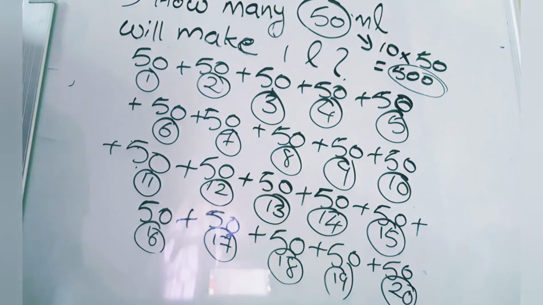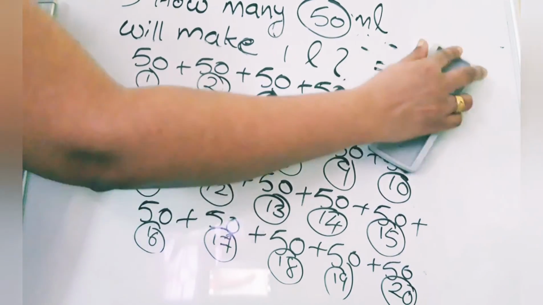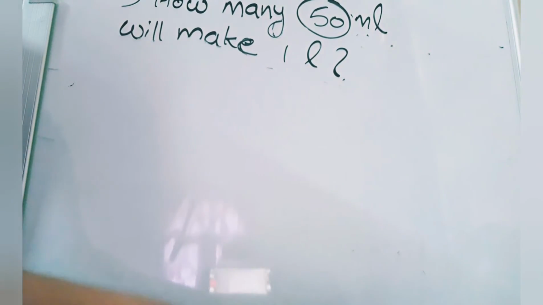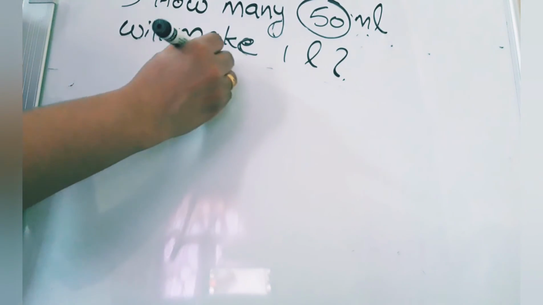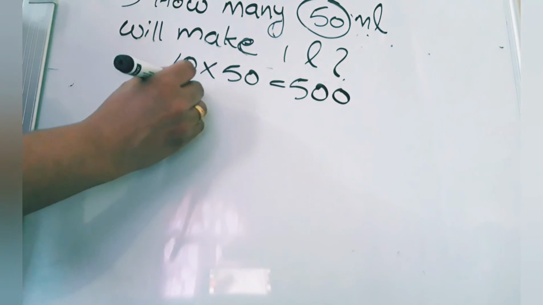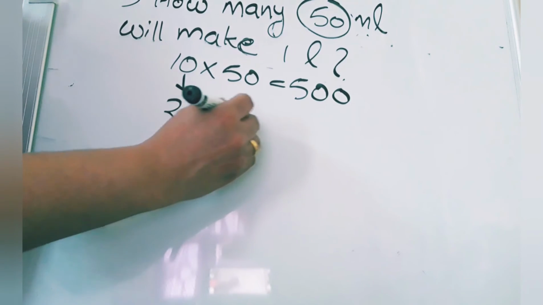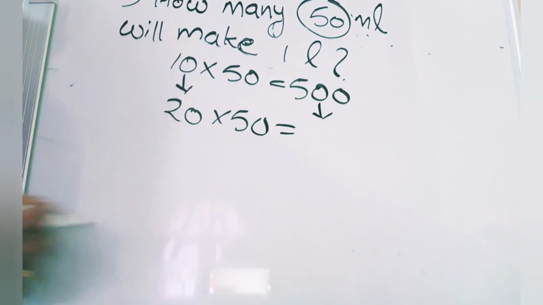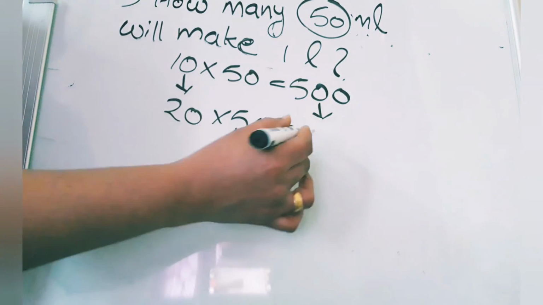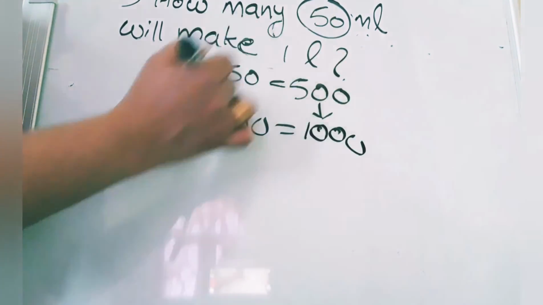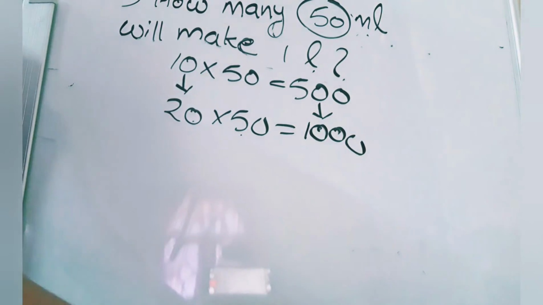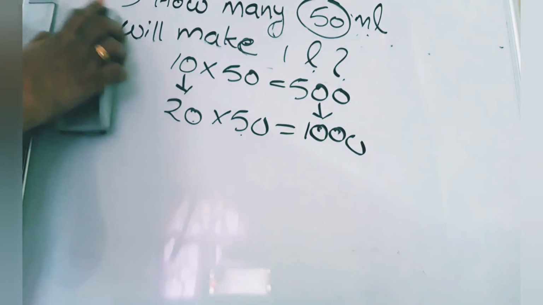So I will clear it again. If this one is confusing for you, I will clear it again. So far what we have discussed is, you can remember 10 into 50 is equal to 500. 10 times 50. Okay, now tens double, you take 20. 20 into 50, when you take, 500's double is 1000. So that is what, 20 times 50 will make 1 liter or 1000 milliliter. So far what we have learned, let us revise once.